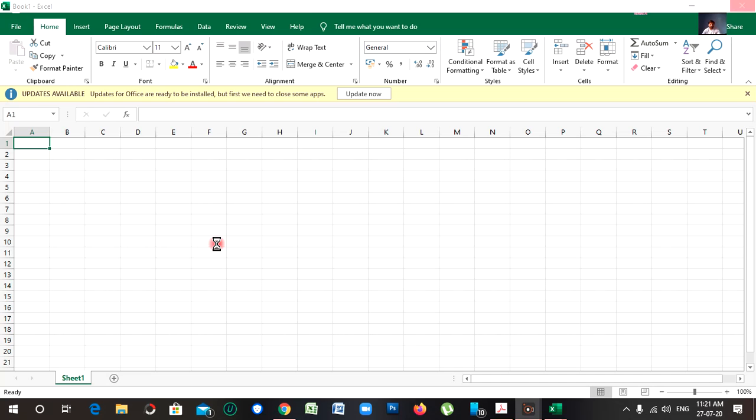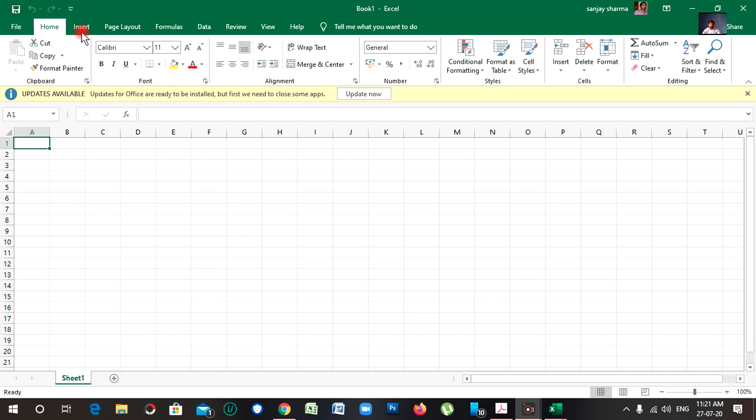Now we are going to apply that function. We have to click on the Insert option. When we click on the Insert option, the Insert Function dialog will be displayed here.